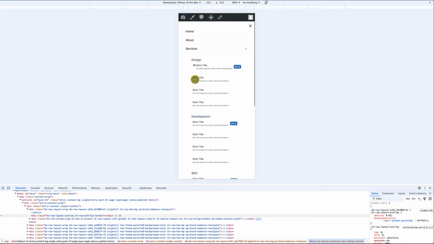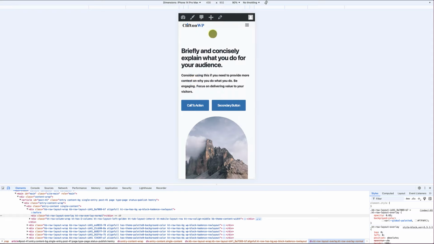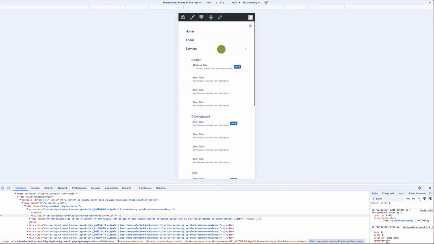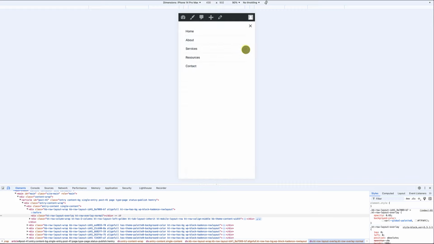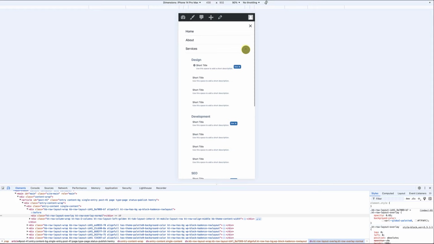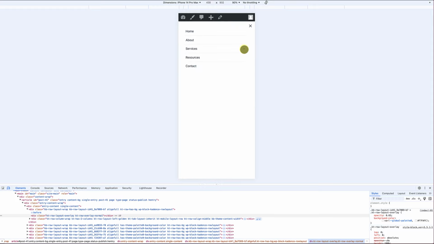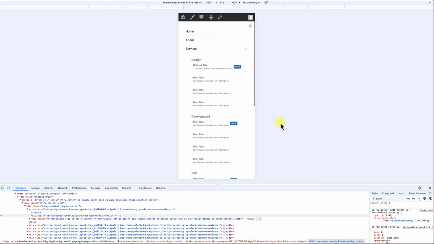Okay, and that's because it's using blocks and rows to build it out here. So everything looks great. We can collapse that and open it up. So technically you can have a mega menu under each menu item here. All right. Okay, there is one last thing that we want to take a look at, and then we will